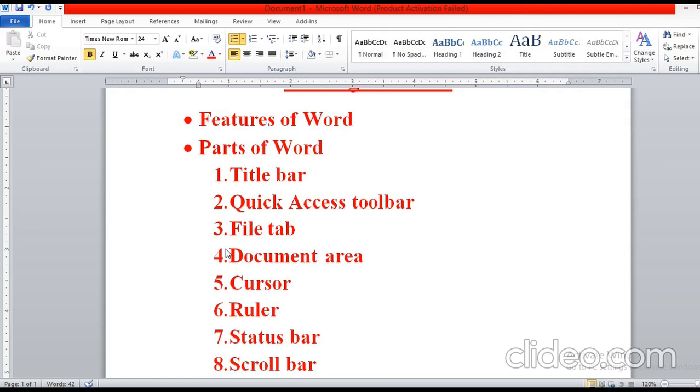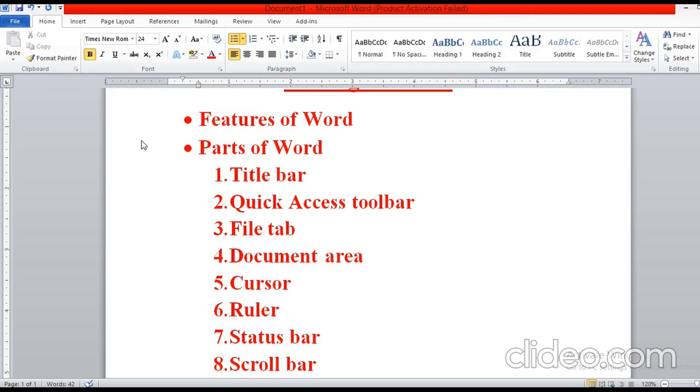The file tab is present below the quick access toolbar. You can see here, this is the file tab. Above the file tab is the quick access toolbar. Now next is cursor.